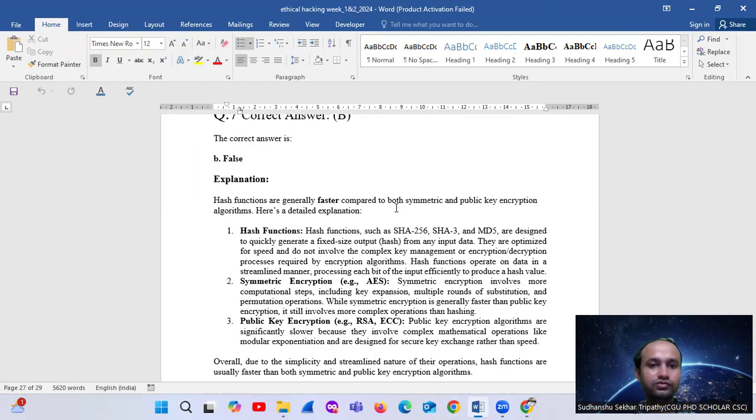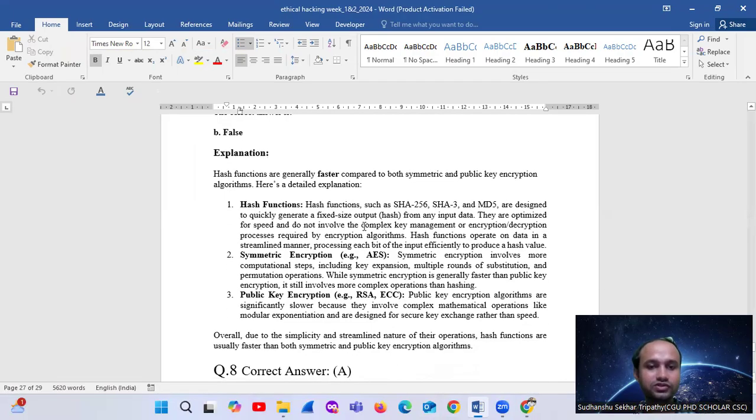algorithm. Okay, here are the detailed explanations. What are hash functions? Hash functions such as SHA 256, SHA 3 and MD5 are designed to quickly generate a fixed size output, that is hash, from any input data. They are optimized for speed and do not involve the complex key management or encryption diffusion process required by encryption algorithm. Okay, so hash functions operate on data in a streamlined manner, processing the input efficiently to